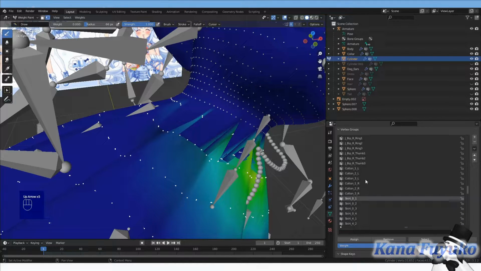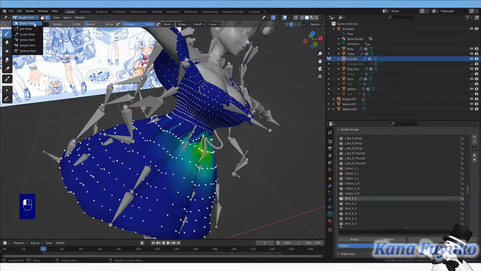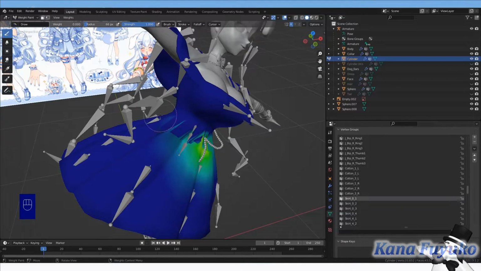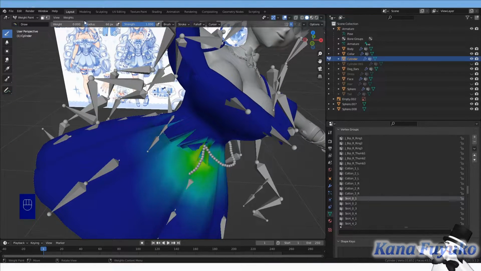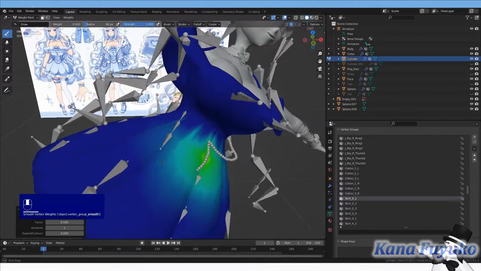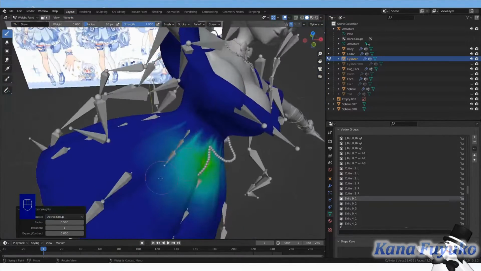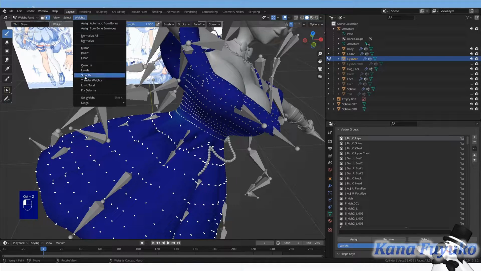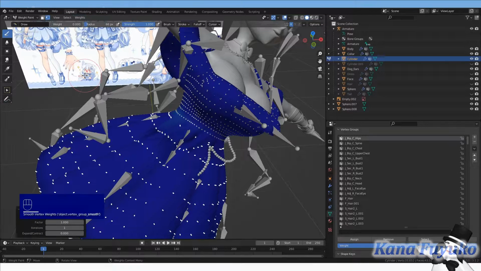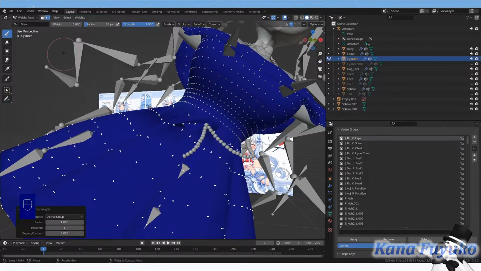That should be normal. Now, another thing which I also forgot to mention: let's say you were moving your skirt bones and you see some weird stretching, you can also smooth the weight paints, which should fix the issue too. Not only does smoothing make your weight paint look better, but sometimes, oddly, it somewhat normalizes the weights at the same time. Don't take my word on it, but with how I do my rigging, I sometimes see it fix my issues.